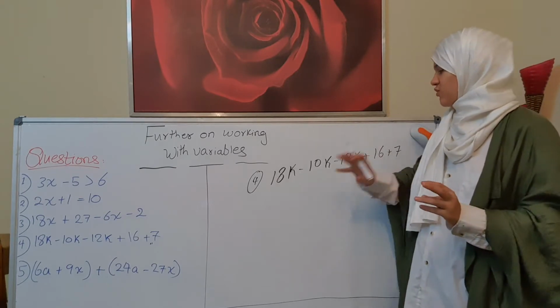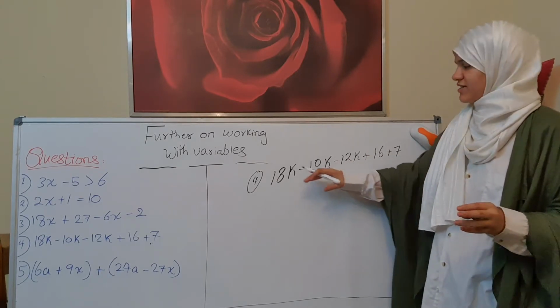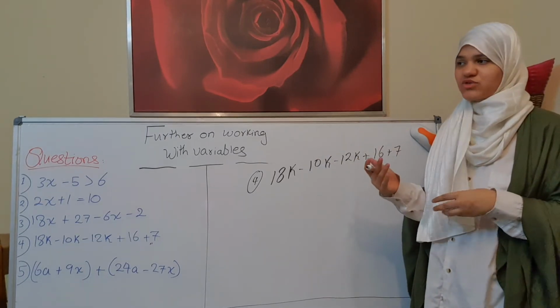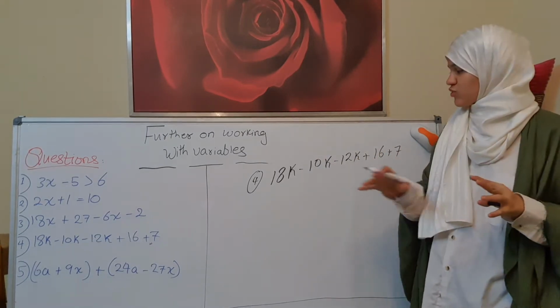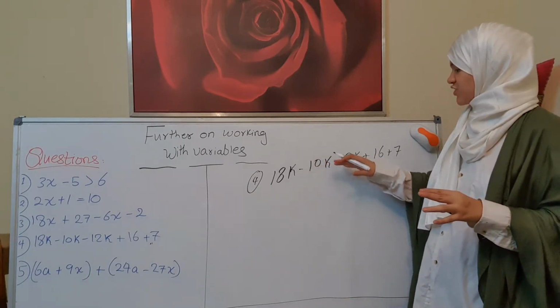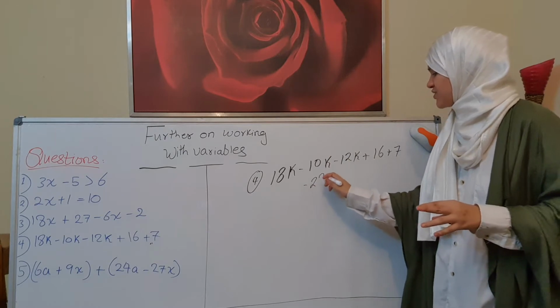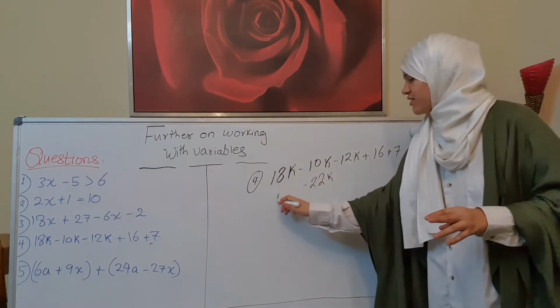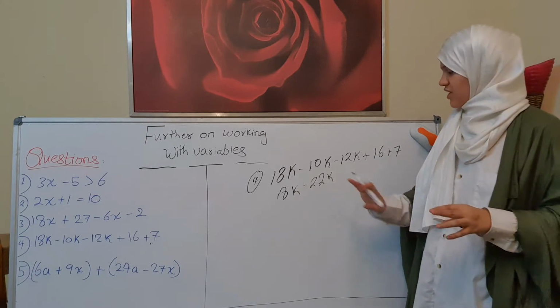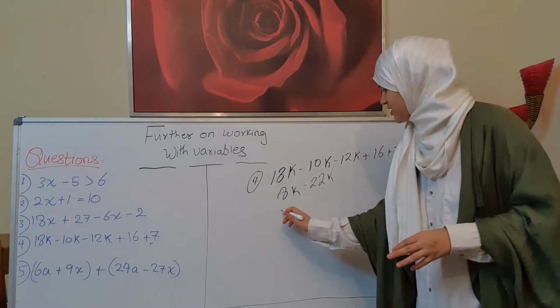Like for example here, we will start by addition, like negative 10 and negative 12. It will not be positive, it will have the negative sign, but we will add them together. Like negative 10 and negative 12, it will be negative 22k. Here 18k minus 22k. So as the last answer,